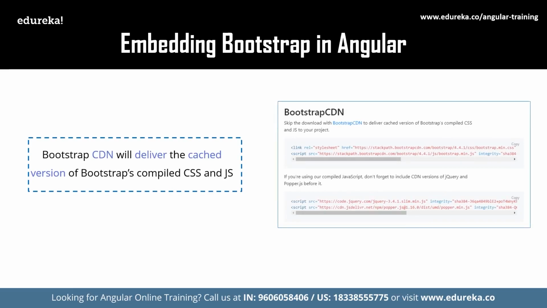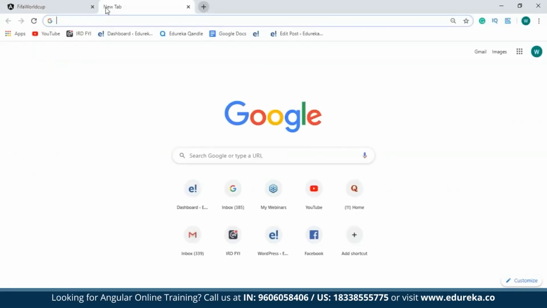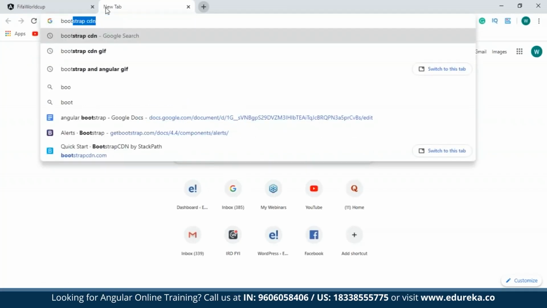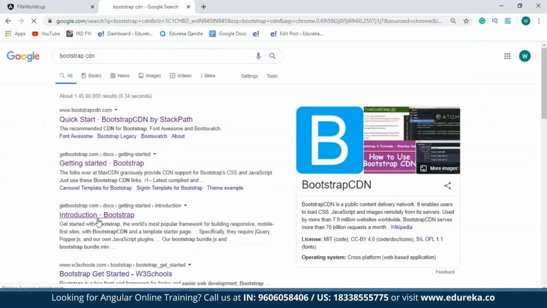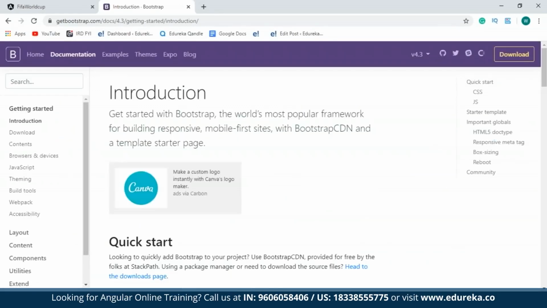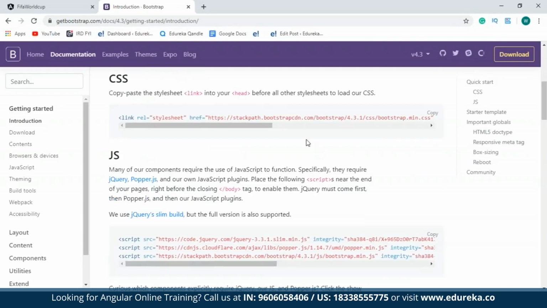So using the Bootstrap CDN, you can make direct use of the Bootstrap Content Delivery Network. This is going to deliver the cached version of Bootstrap's compiled CSS and JavaScript to your Angular application. Now to access that, you can directly go to the Bootstrap CDN link. Now you can get this Bootstrap CDN version from the official link. So I'll just type in Bootstrap CDN over here and I'll hit enter. So as you can see over here, I have all the CSS and the JavaScript that I need for my